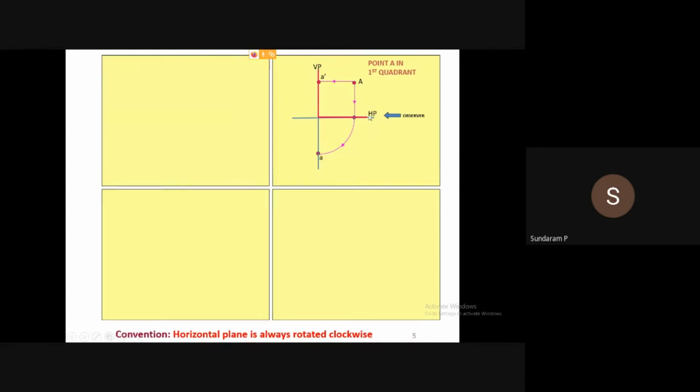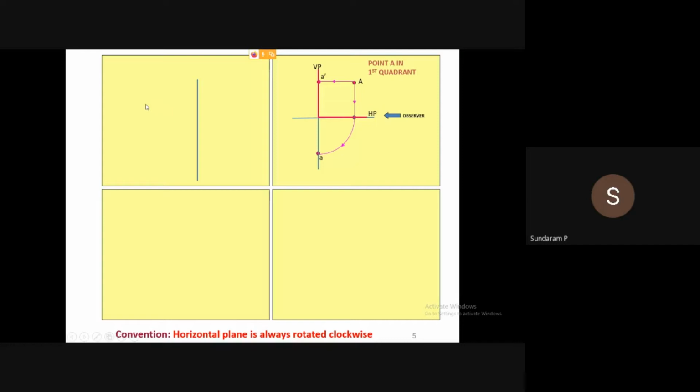So here we understand that when any object is assumed to be placed in the first quadrant, we get the front view above the XY line and the top view below the XY line. Remember that always. It may be a line or it may be any solid. In the first quadrant, we are following the first angle projection method. In our drawing hereafter, the front view always will come above the XY line, and the top view always comes below the XY line.